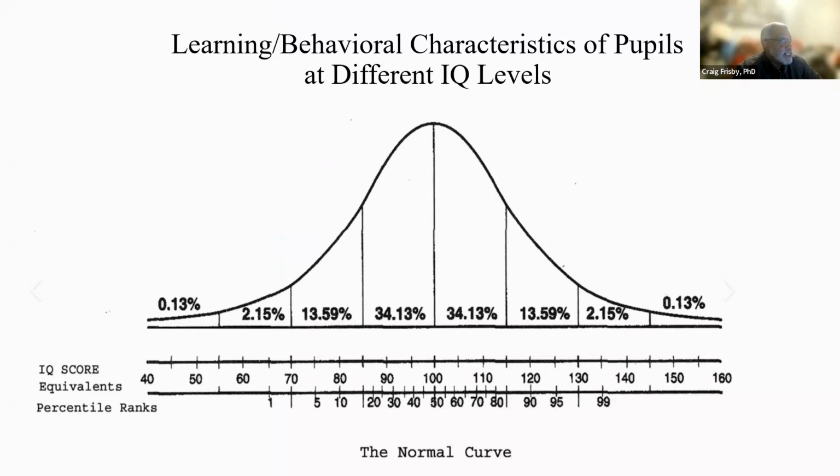We learn that general mental ability is distributed normally. And you might have heard the term bell-shaped curve or bell curve. Basically, this is a phenomenon that is characteristic of a variety of psychological traits and physical traits. So whether you're talking about traits like weight or height or extroversion or introversion, whatever that might be, most psychological traits are distributed normally.